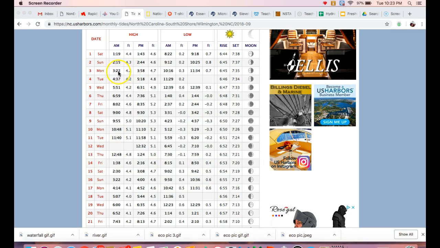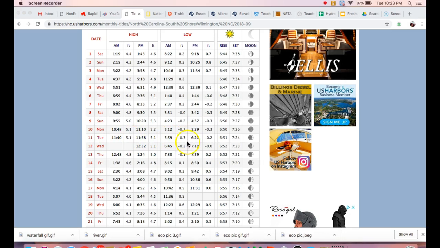So at 3:22 a.m. is 4.2 for the high tide, and then the low tide at 10:16, so several hours later, was 0.3. So 4.2 minus 0.3, so that should be something like 3.9. So that's less of a difference than if we do, like, on the 11th,